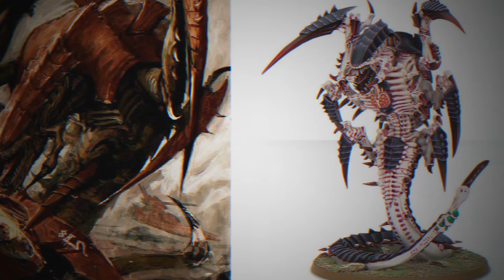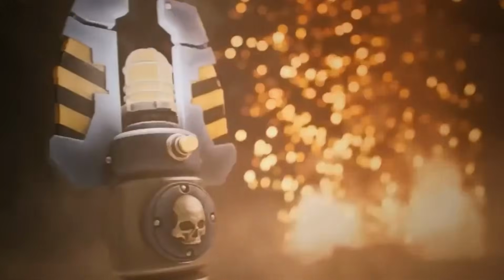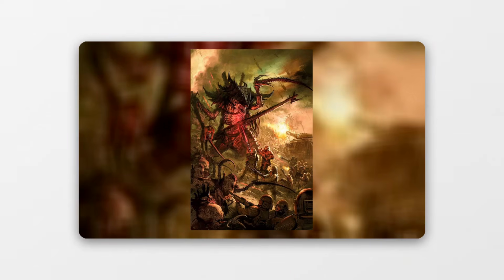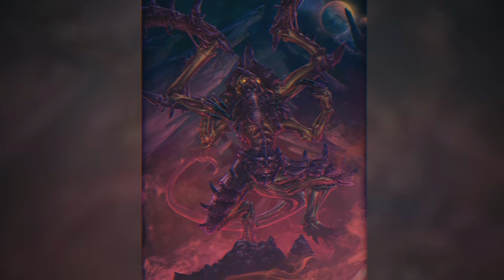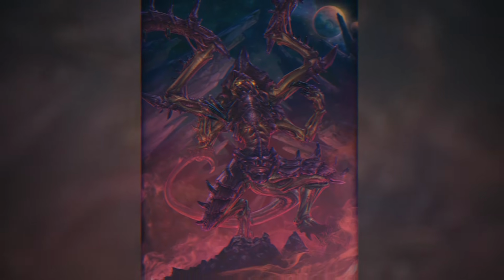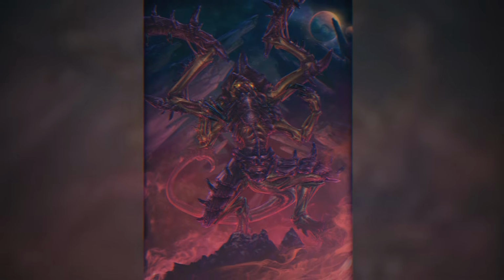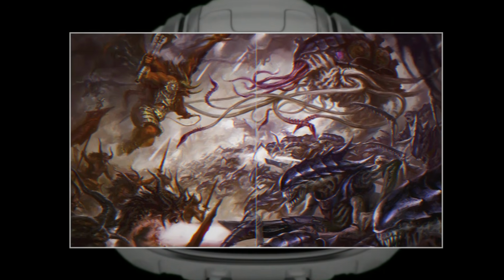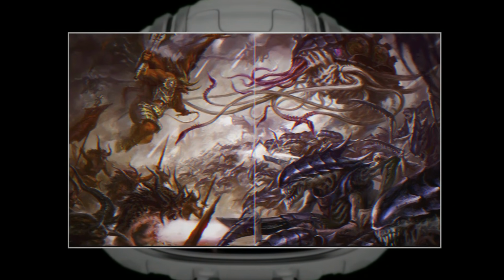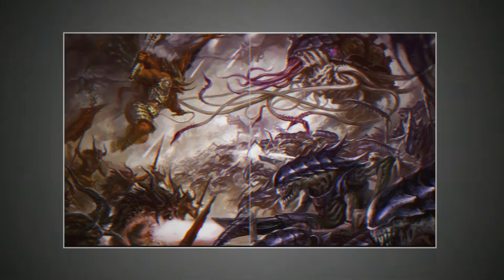Unlike other Xenos races, the Tyranids had no discernible motives beyond consumption and propagation. They were a biological plague, a force of nature that sought only to strip entire star systems bare of all life. Their psychic shadow in the warp, a disruptive field that accompanied their fleets, severed planets from the Astronomicon, the psychic beacon that allowed interstellar travel and communication, isolating them and making them easy prey. The Tyranids posed an existential threat unlike any other, a truly alien horror that defied all understanding and offered no possibility of diplomacy or compromise.